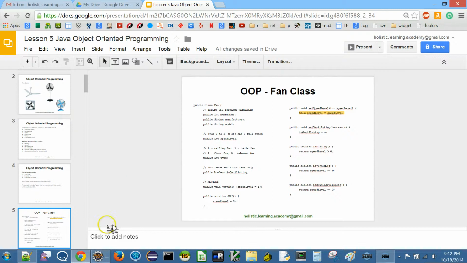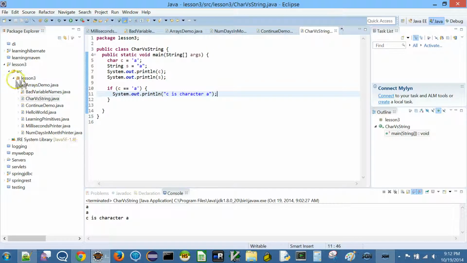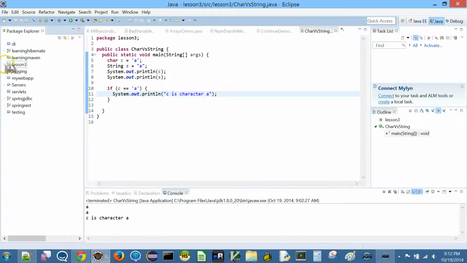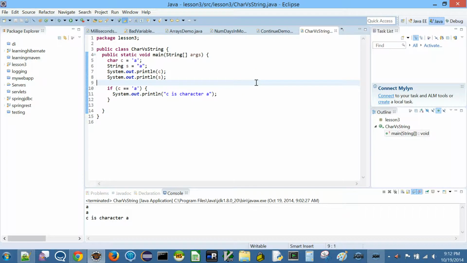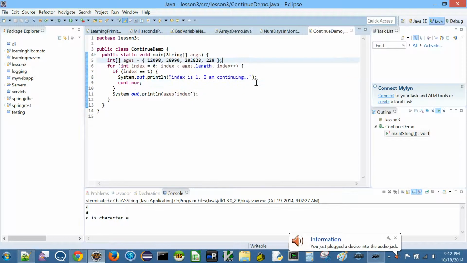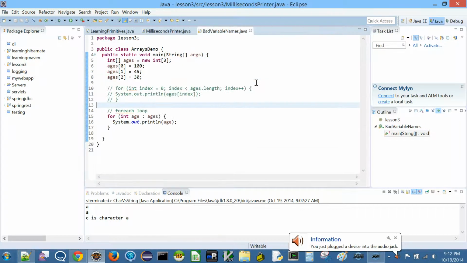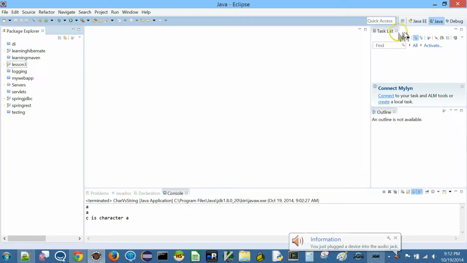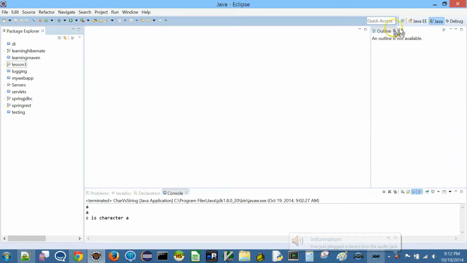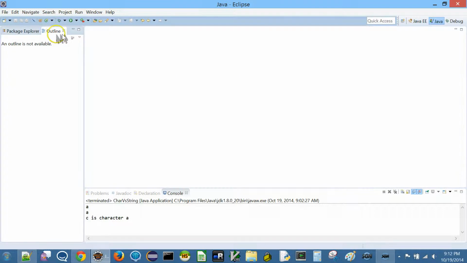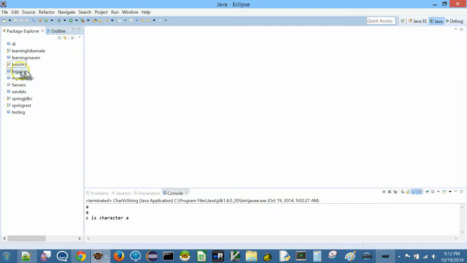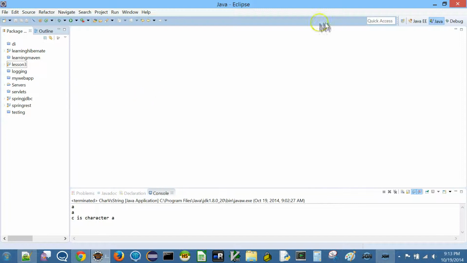Okay, so what do we do? As usual, what I'm going to do is go here and let me close all this. So you can just press Ctrl W, it will close the windows here. Okay, I'm also going to close these so we get some space. I'm going to move this outline here, and so this is good. And if you want, you can save this perspective.